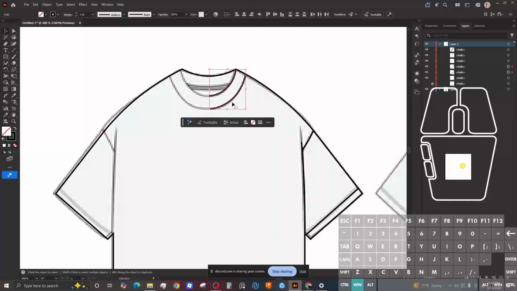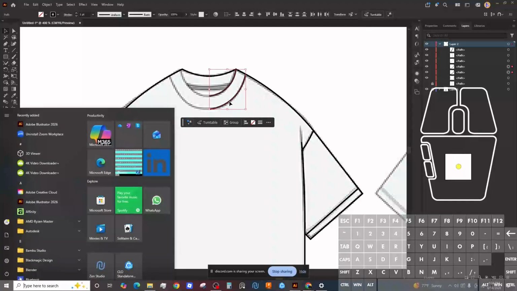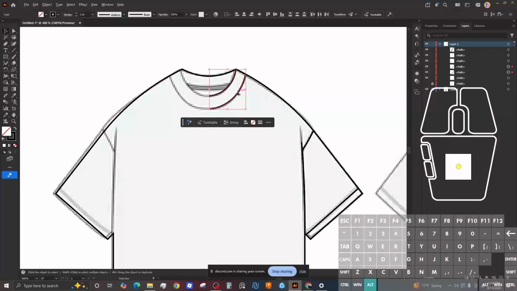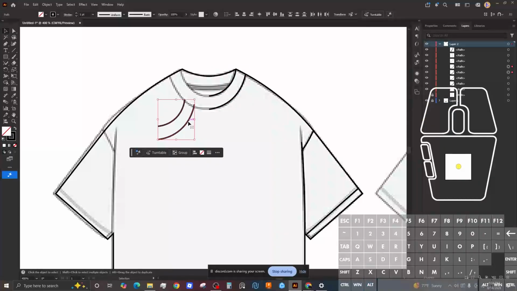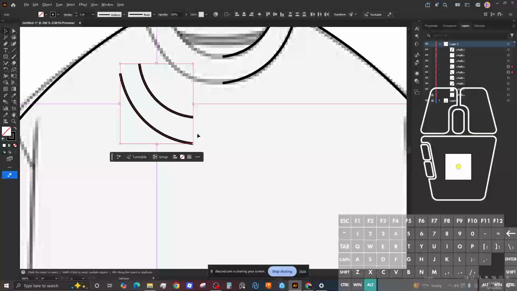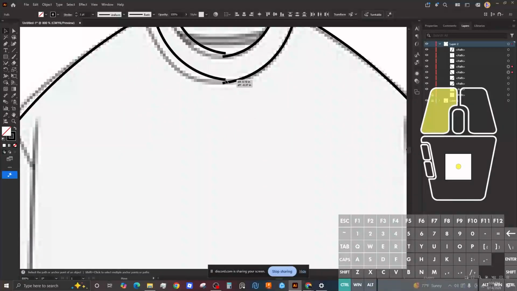And what you can do is you can do Control C and then Control V, or what I like to do, just because it's a lot less inputs, is, hold on, I'm gonna select it again. You hold Alt, and you'll see that the arrow gets duplicated. Then you do transform, reflect, and what we want to do from here is hold Control, and then do the same thing we did with the shirt, and just drag it until it locks with the